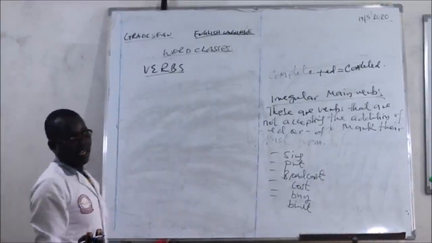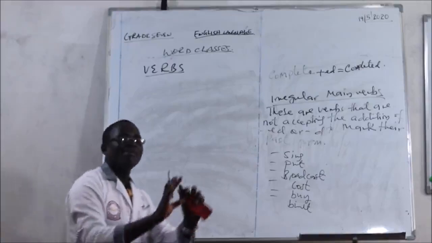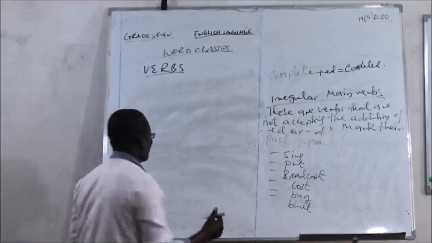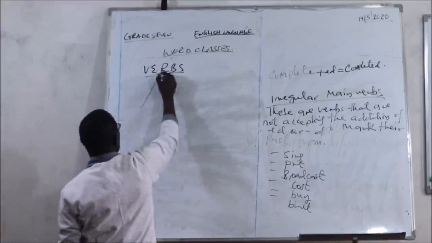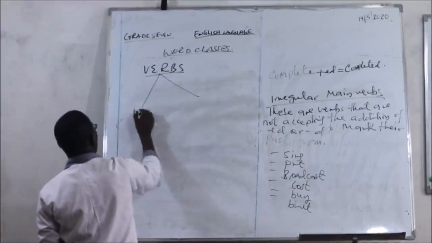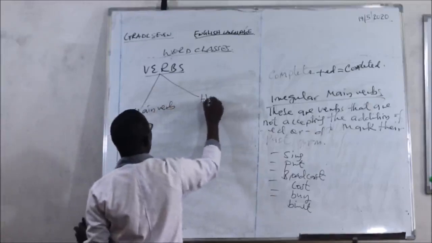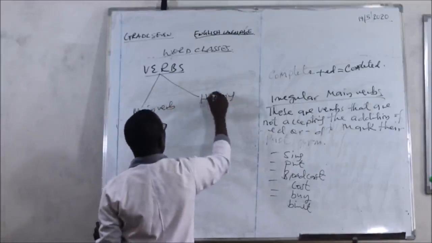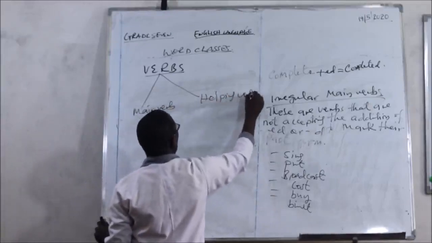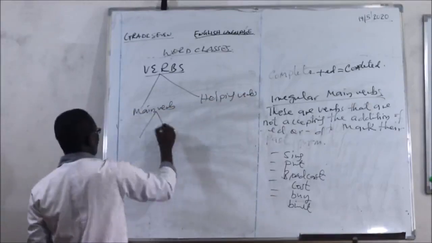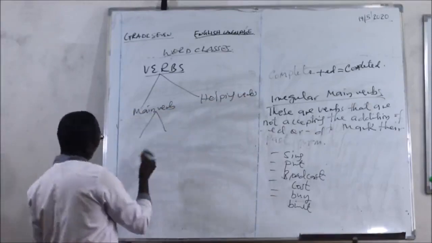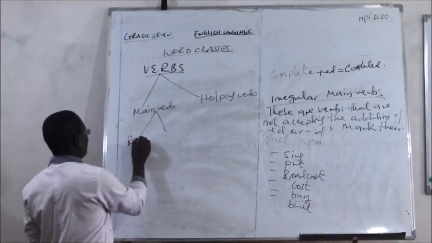I am summarizing it in just one diagram. This is a verb. Then we have said that we have got two of them: the main verb and the helping verb. Then from the main verb, we have got two of them, the regular main verb